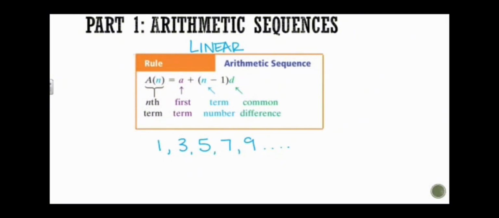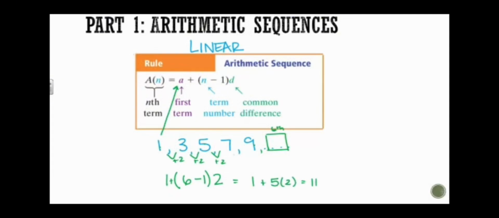In order to figure out the next number in this pattern, you need to know the first term, so in this case that would be my a, and then the term number. So let's say we wanted to figure out the next term. We know what it is, but it would be our 1, 2, 3, 4, 5, 6th term. So we do plus 6 minus 1 times our common difference, and here we add 2 over and over again. So this ends up being 1 plus 5 times 2, or 11,